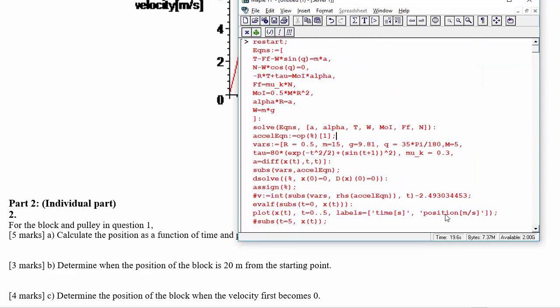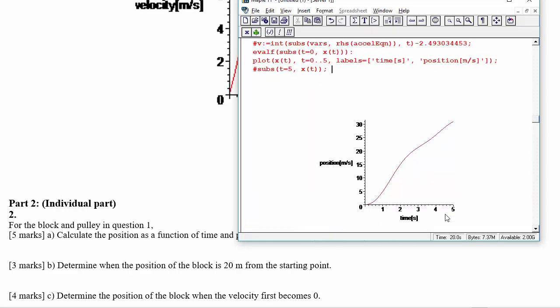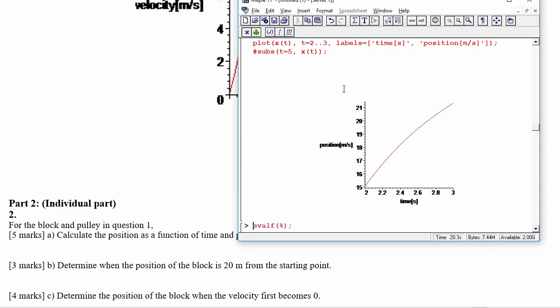And we're also going to suppress the acceleration equation. That substitute, great. So you can zoom in. It looks like 20 is between about 2 and 3. So let's go from 2 to 3 here. And now it looks like it's around 2.8. So let's say